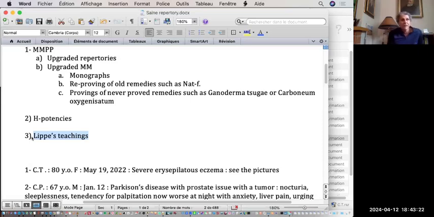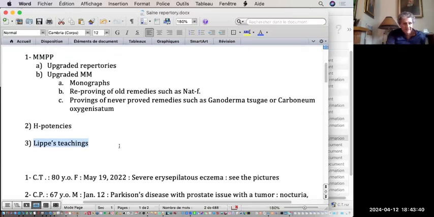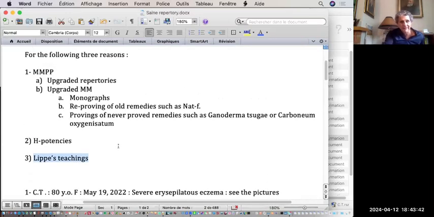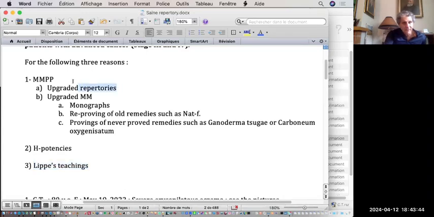And that should help everybody to improve their understanding of homeopathy, and also their case analysis, probably better. They should improve a lot in case analysis. Okay, so in any case, we're not here to talk about this right now, but I will focus